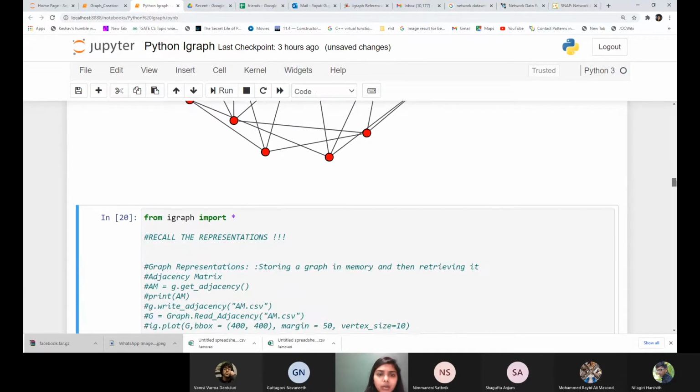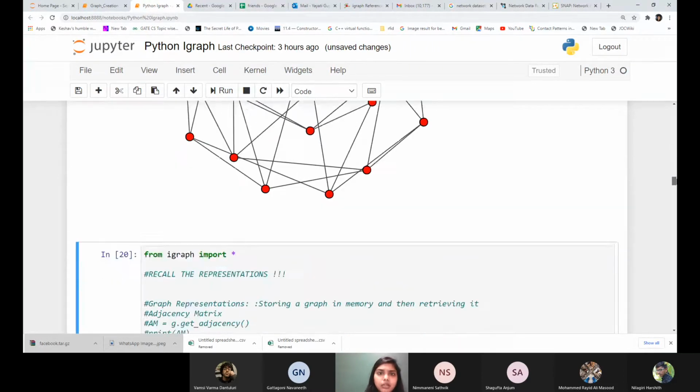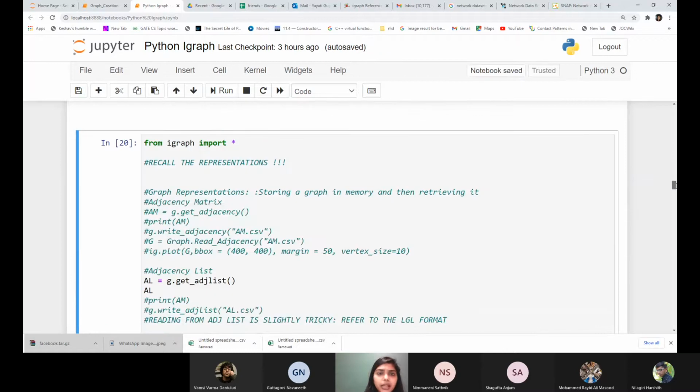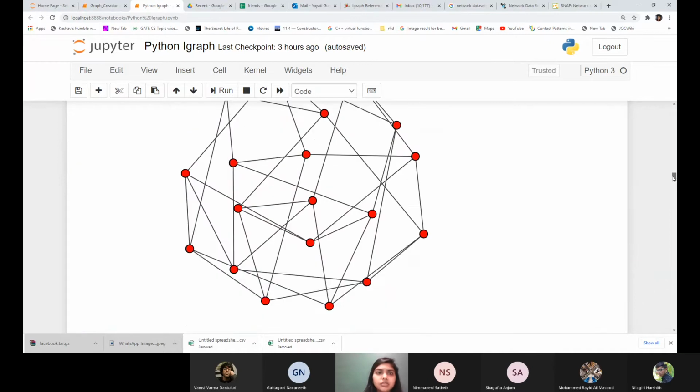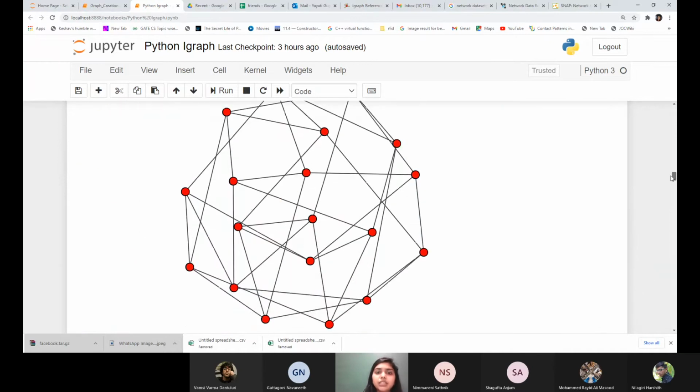Okay. Let's now start exploring some of the real world networks. But again, before that, let's look at some graph representations. Do you remember the graph representations, what are the ways we store these graphs in our memory? Shagufta just studied this in the discrete mathematics course. So other than Shagufta, would anyone else want to answer it? You can also type in the chat box. So what are the different graph representations we use?